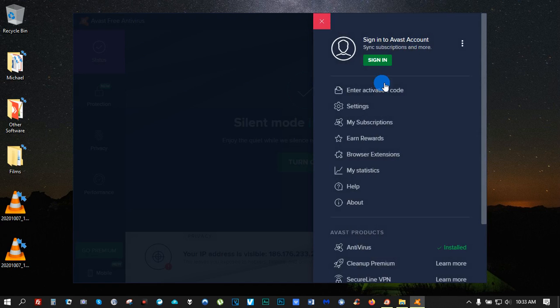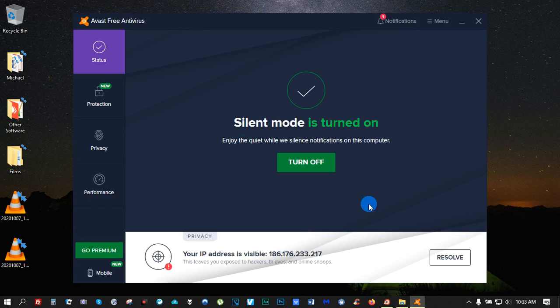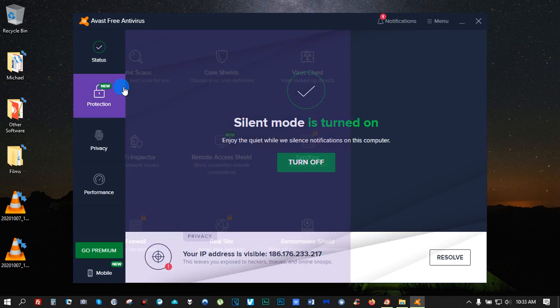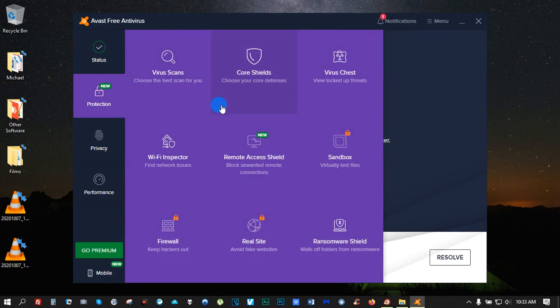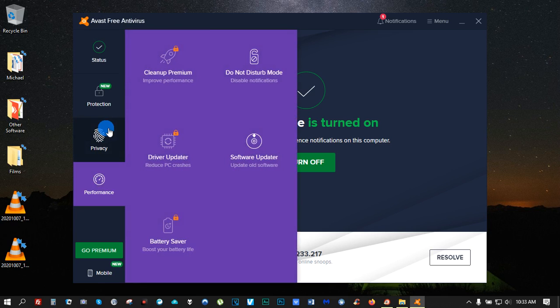If you really want to have other options in Avast, do get the paid version. It's just I don't have the money and I don't want to pay, so that's why I don't have it. But it's very good because you can actually have driver update and software update. This is really what I like.